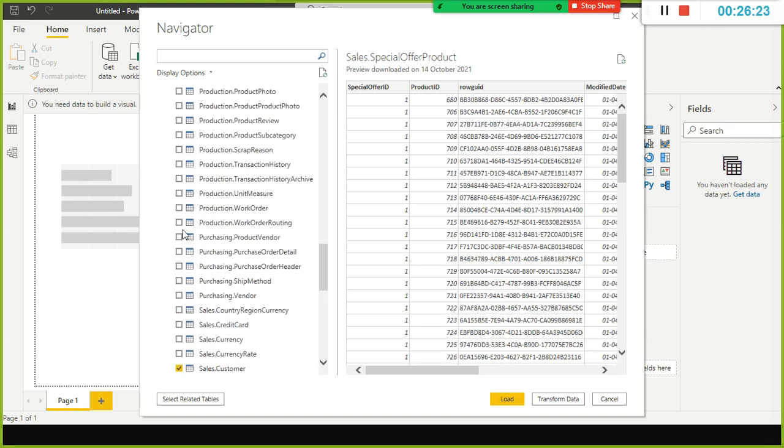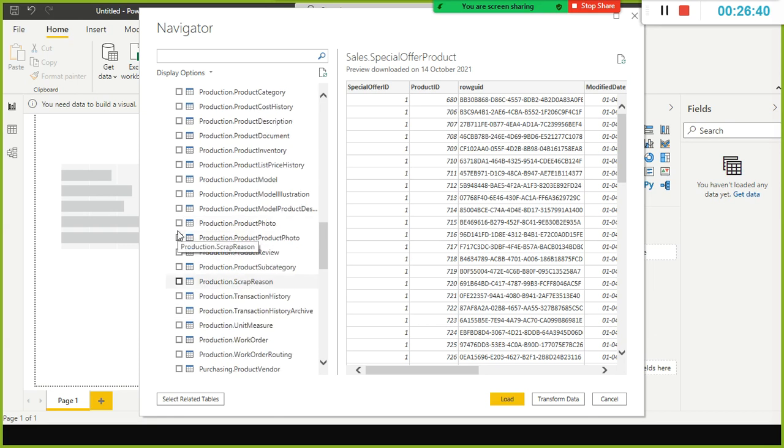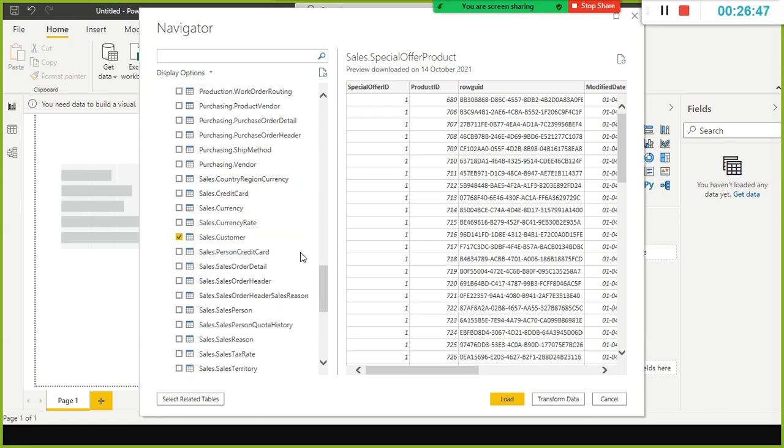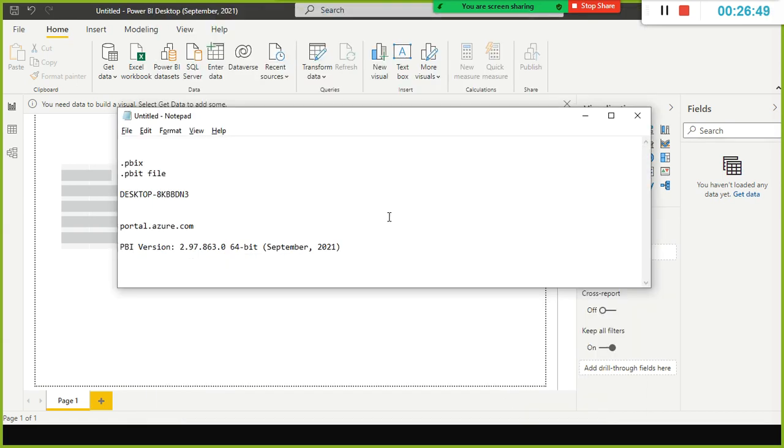Whereas when you import an Excel file, the Excel data will get loaded in your Power BI application memory. If anything gets loaded in memory, the performance will obviously be faster. But when it comes to huge volume of data, then we don't have an option. We have to use direct query, the option to connect to the database directly, and then pull the data. Anyhow, I will just load this one for the time being.